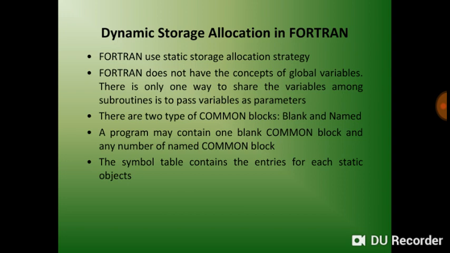Dynamic storage allocation in Fortran. Fortran uses a static storage allocation strategy. Fortran does not have the concept of global variables. There is only one way to share variables among subroutines: pass the variables as parameters. There are two types of common block, blank and named. A program may contain one blank common block and any number of named common blocks. The symbol table contains the entries of each